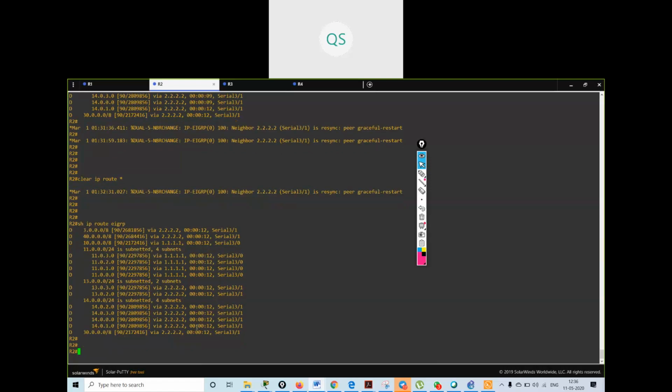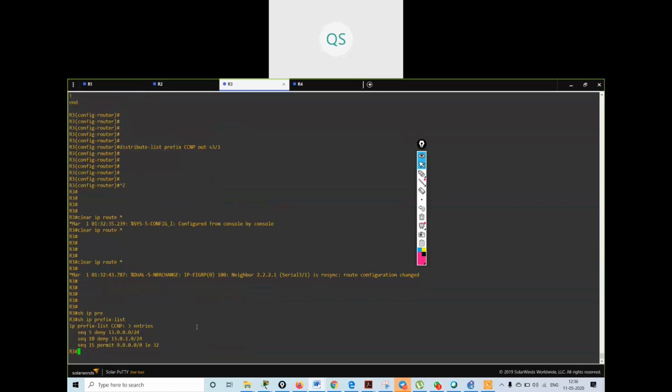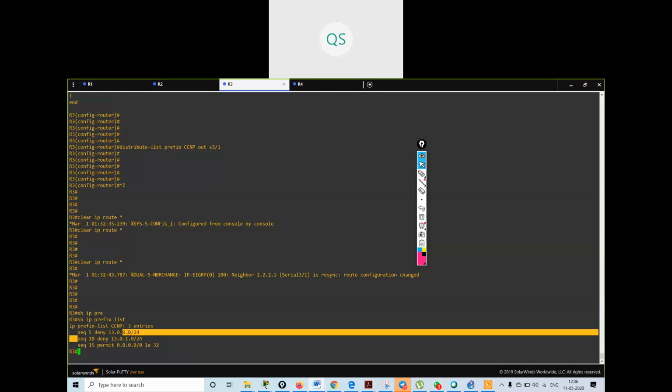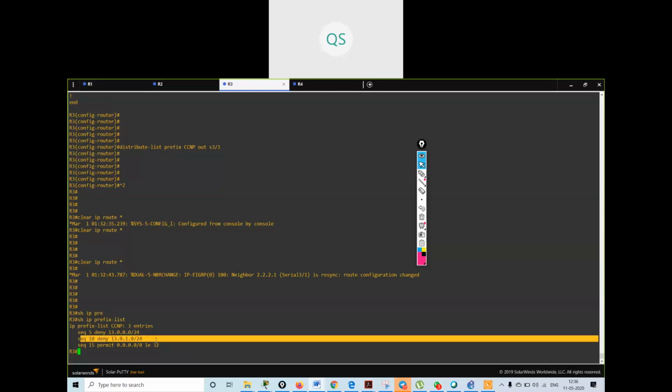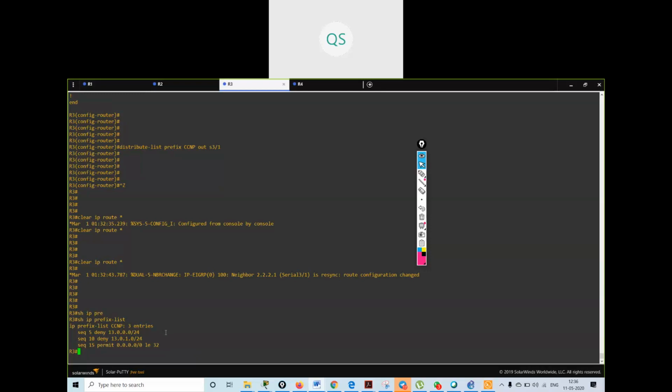Understood? If you want to see, show IP prefix list. See, okay, so I can specify as per my requirements.